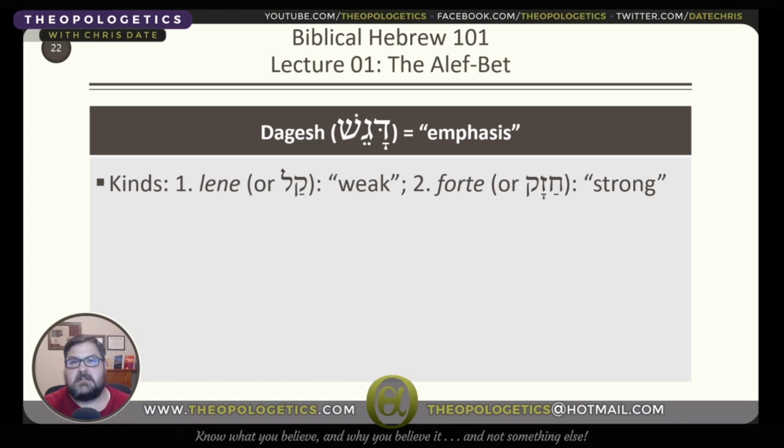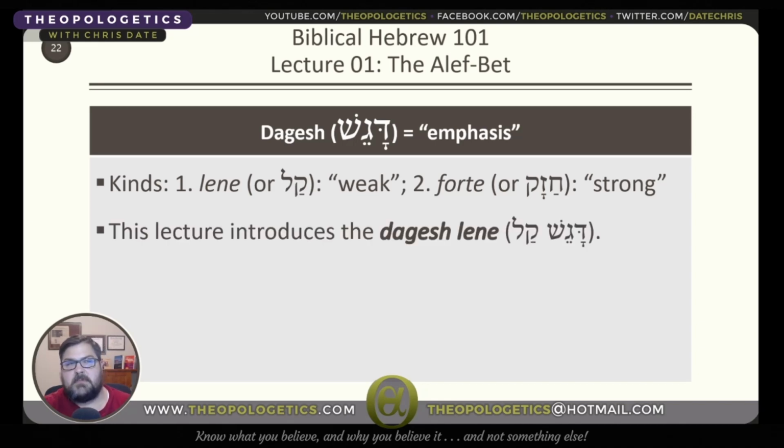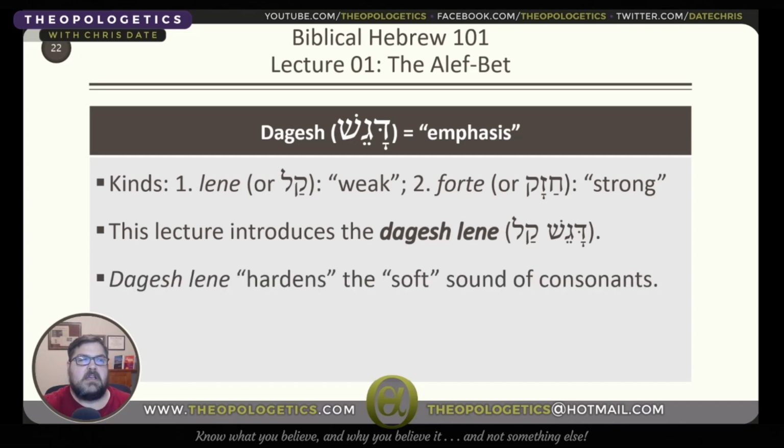It's in musical, it's on music manuscripts to indicate loud. This is not that. This is a form of the Latin word fortis, meaning strong. In Hebrew, it would be chazak. So Dagesh chazak, or to use the Latin word, Dagesh Forte, meaning strong. And again, you'll learn about that Dagesh in the next lecture, but this lecture I'm teaching you about the Dagesh Lena, or Dagesh Kal. What this Dagesh does to those consonants that I mentioned have their sounds change is it